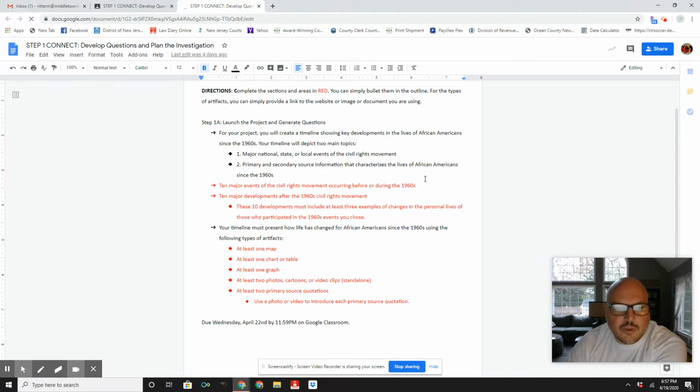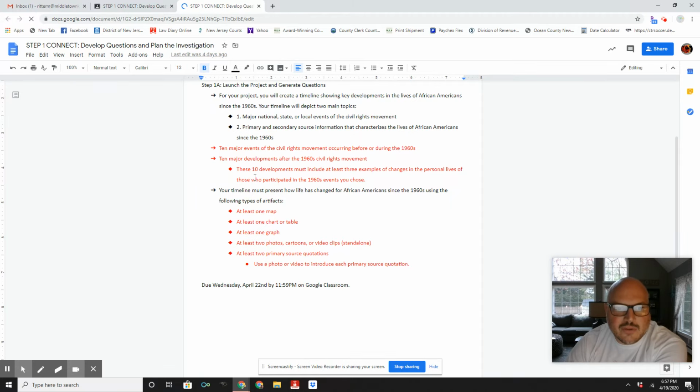So essentially what you need to do is answer these sections in red. You need to give me 10 major events of the civil rights movement that occurred before or during the 1960s. All right. So before or during, I need a total of 10 major events. Then you need to find 10 major developments that happened after the 1960s civil rights movement. So a lot of these we're not going to cover. A lot of these we've already covered or will be covering as we cover topic